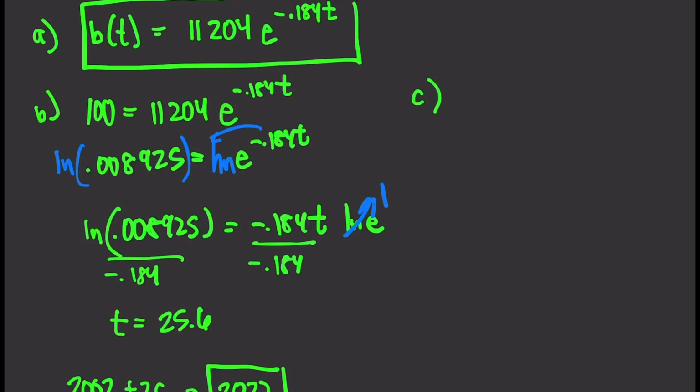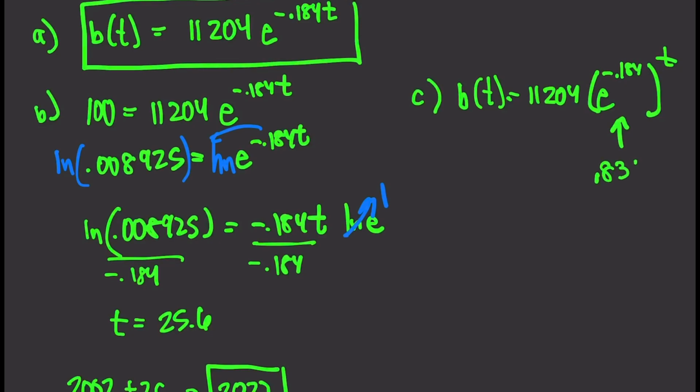So I'm going to take my original function, B of t equals 11,204, and what I'm going to do is calculate e to the negative 0.184 and get that value. All right, so really I'm not concerned with anything other than e to the negative 0.184. Throw that into the calculator, and I got 0.83196. So that's kind of like your growth rate, or decay rate, I should say in this case. So now what I want to do is take 1 minus that, and that gives me